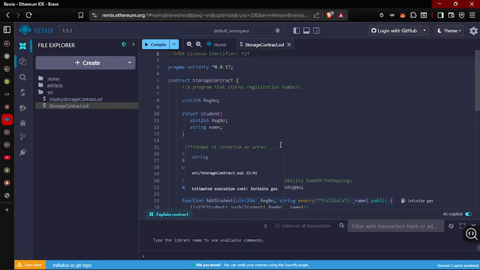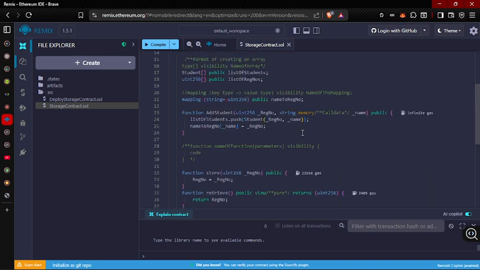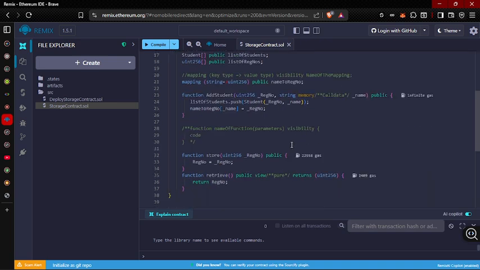Today's session we want to move from Remix. We have been learning about Solidity smart contracts first of all, and up to now we have created a simple smart contract using the Remix IDE, the Remix environment,